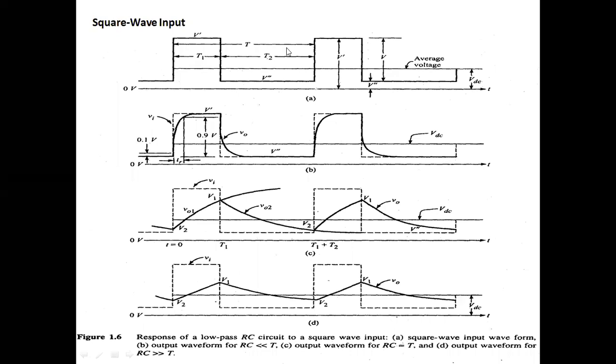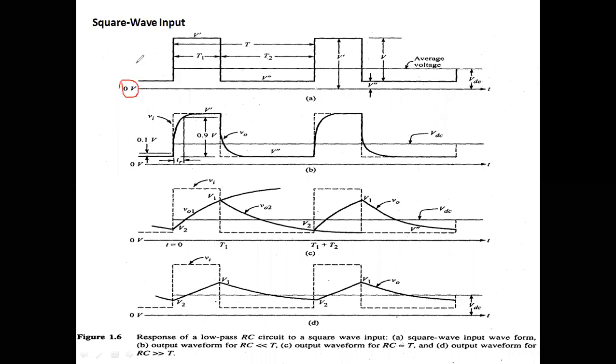You are observing the zero line. It is below your square wave, so it is your reference line. From the reference line, you have a certain voltage in the shape of pulses. Therefore, we treat this as a square wave. It has two magnitudes, V dash and V double dash, with respect to the zero line, and V double dash is also with respect to the zero level. You can take it as 5 volts and some 2 volts. Therefore, peak to peak you may have 3 volts.